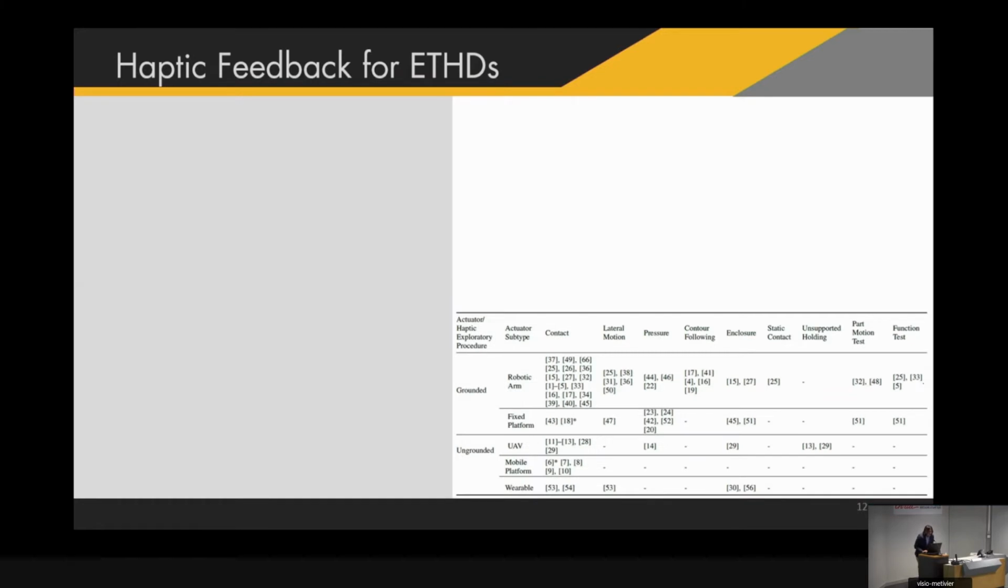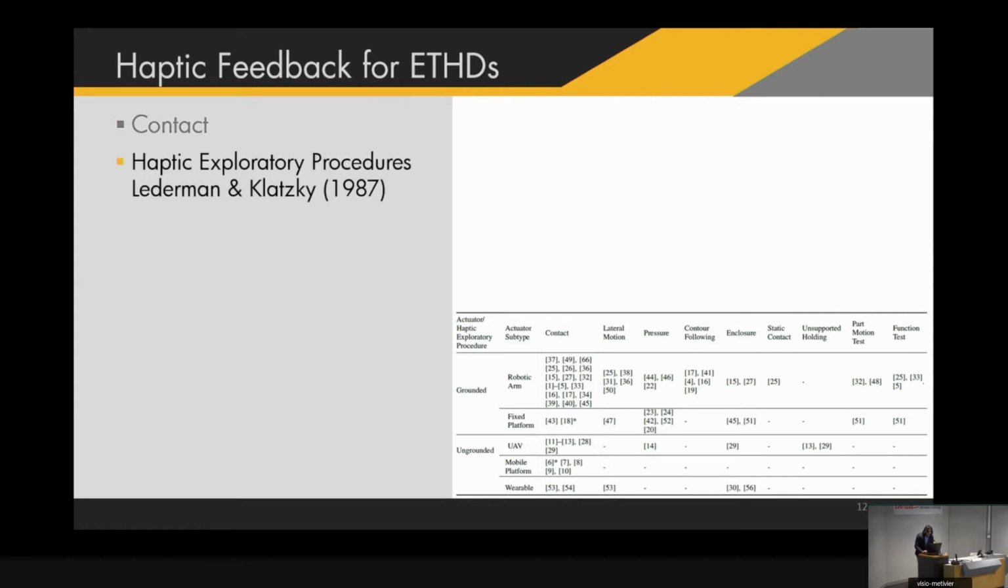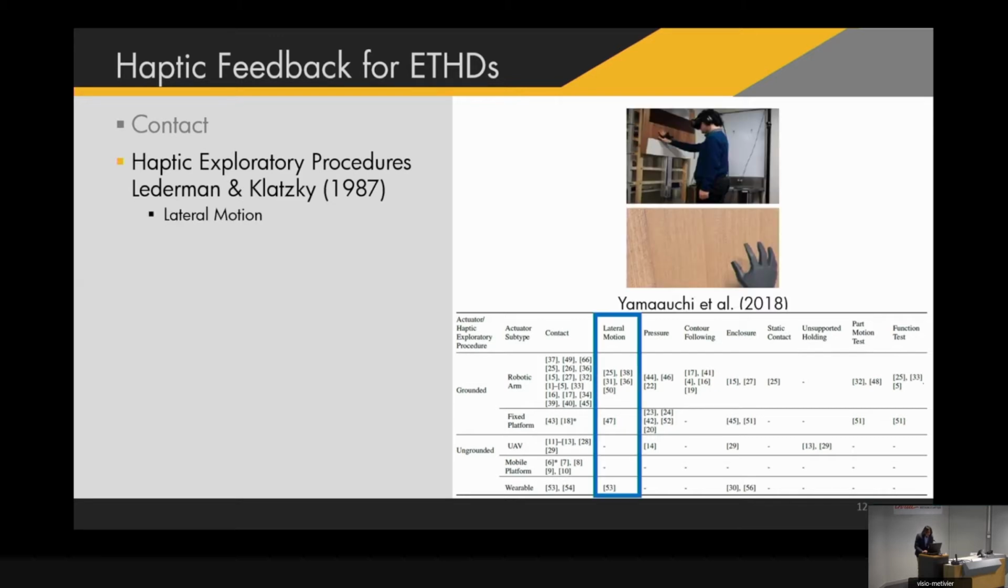Concerning haptic feedback that can be elicited with ETHDs, perhaps contact is the most prominent one. In this table over here, we have all the different haptic feedback that can be rendered with ETHDs. And on this side, we have all the ETHDs classified under the actuator taxonomy that we previously mentioned. And as you can see, contact is perhaps one of the most frequent feedback that has been used within these applications. And we also have the classification proposed by Lederman and Klatsky, which consists of haptic exploratory procedures, such as